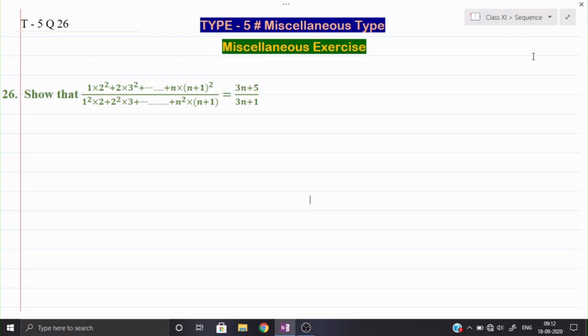Okay, so we need to show that the value of the LHS is equal to the RHS. So we shall do one thing. Here we shall find out the value of the left hand side, and that will come equal to the RHS. First of all, to get the value of LHS, you can see the LHS is divided into numerator and denominator. So we shall find out separately the value of the numerator as well as the denominator. So first we can take the numerator.